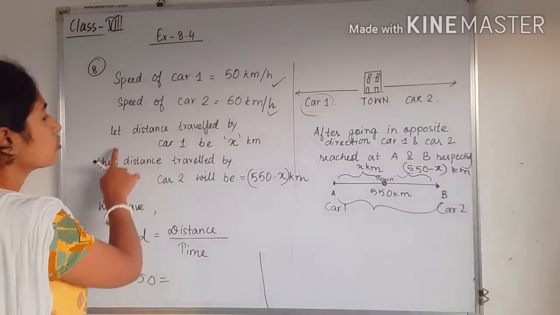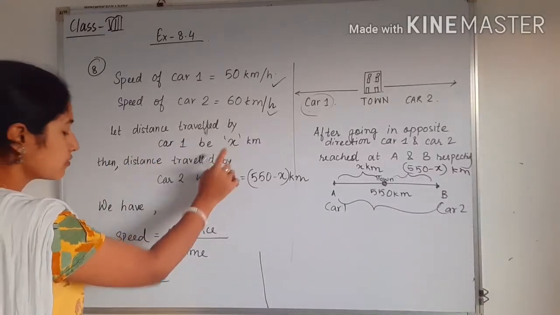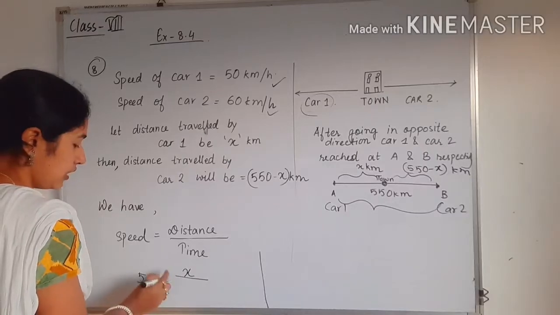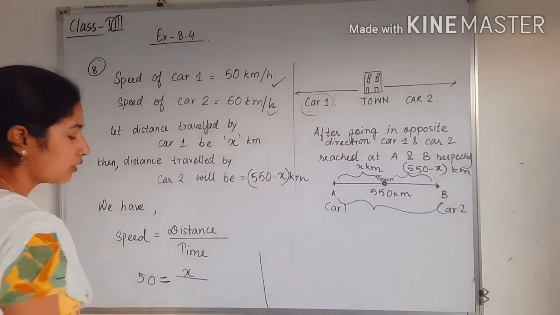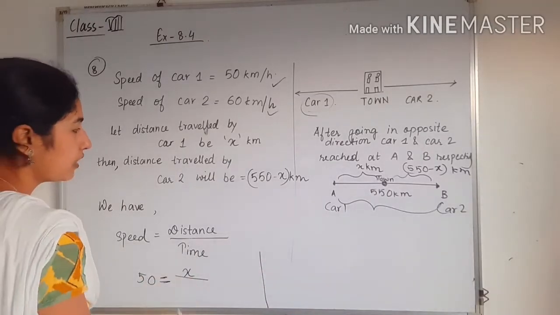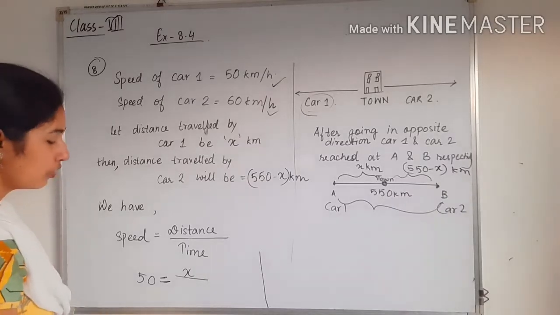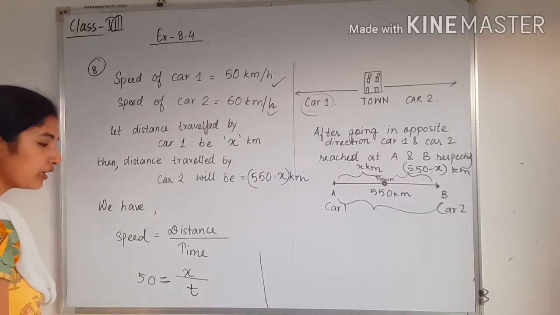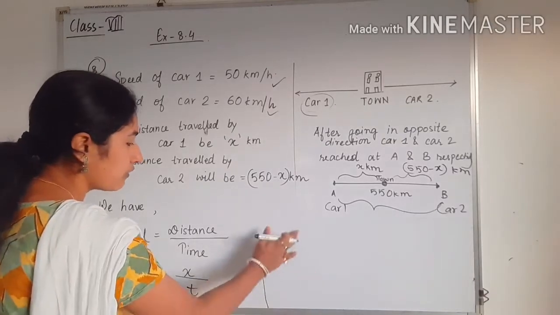For car 1, the speed is 50, the distance is x, and in the denominator we write the time. Time is not given, so we write t. Similarly for car 2,